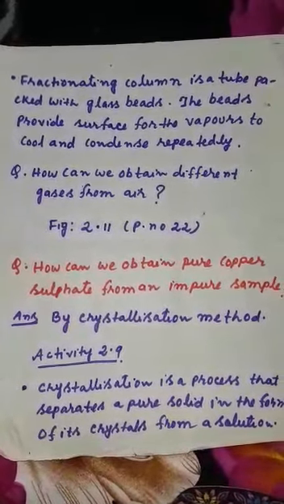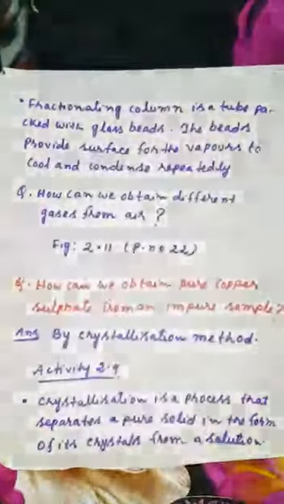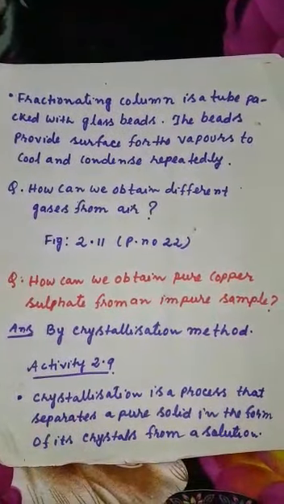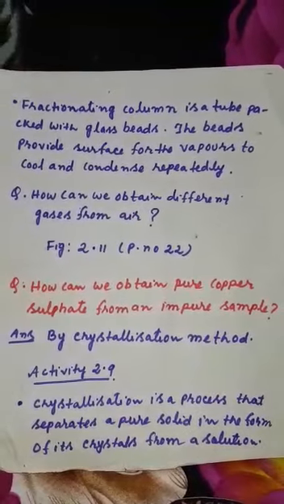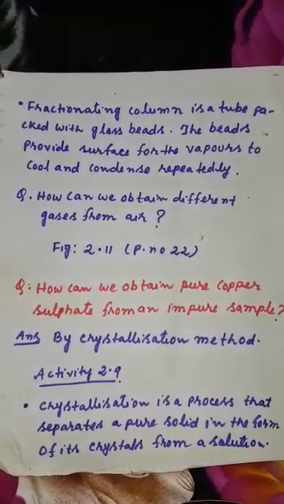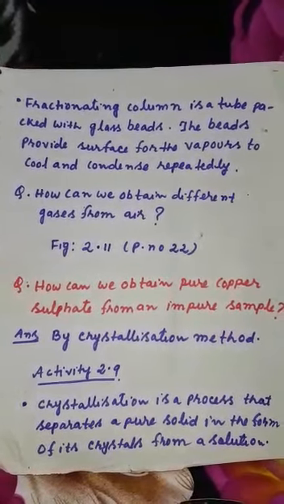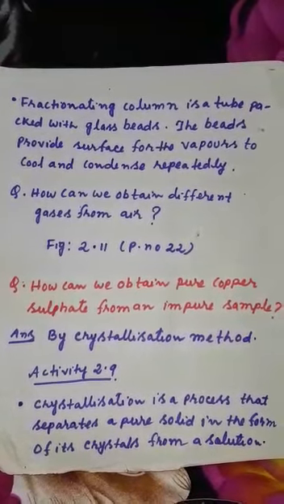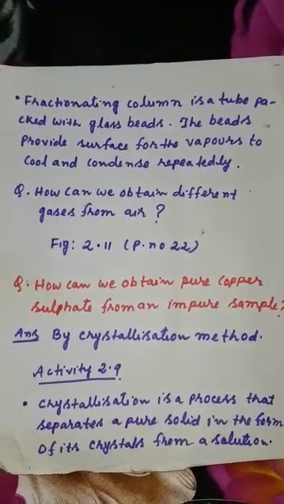This is the main function of the fractional distillation method. So the fractionating column is a tube packed with glass beads, and the beads provide surface for the vapors to cool and condense repeatedly. Actually what happens, since